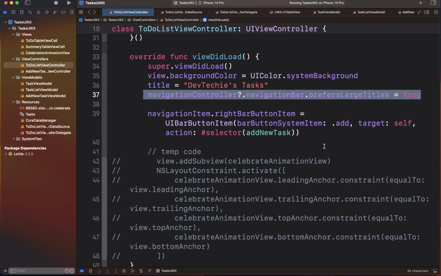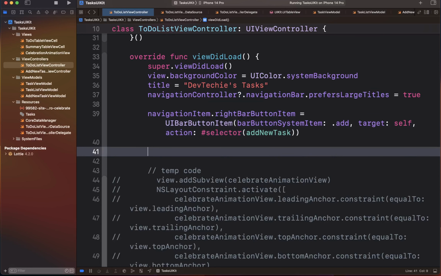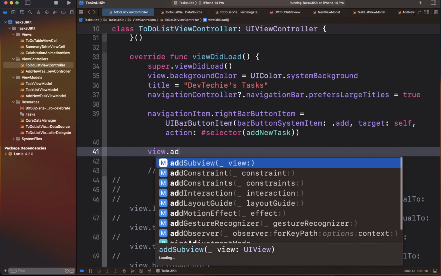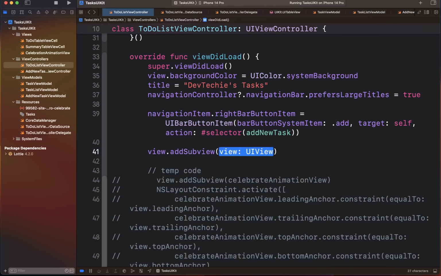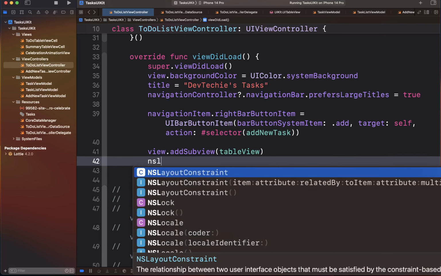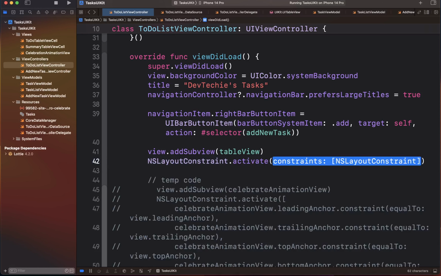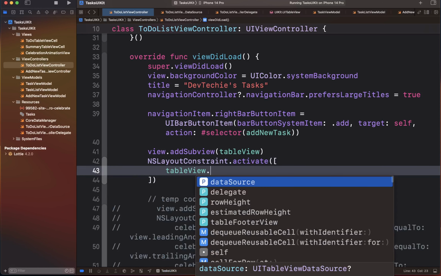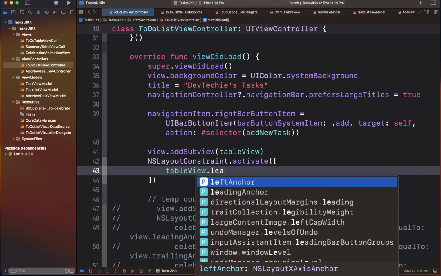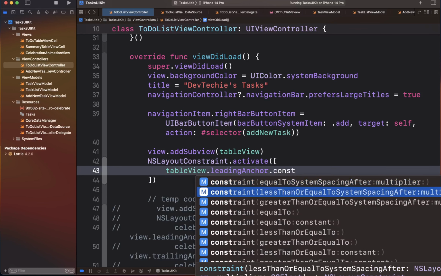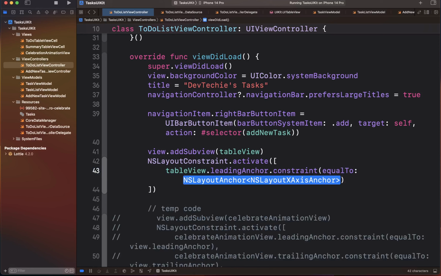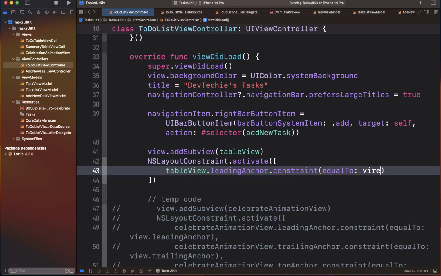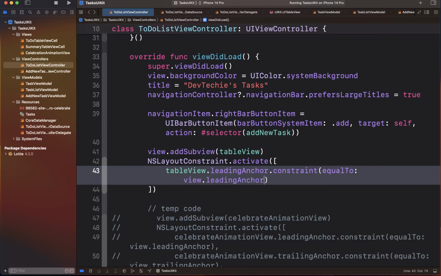All right, next we want to add our table view onto the view. Let's go ahead and set the constraints for the table view. So we're going to activate constraints by covering the entire screen with the table view. Leading anchor constraint equal to view.leadingAnchor,